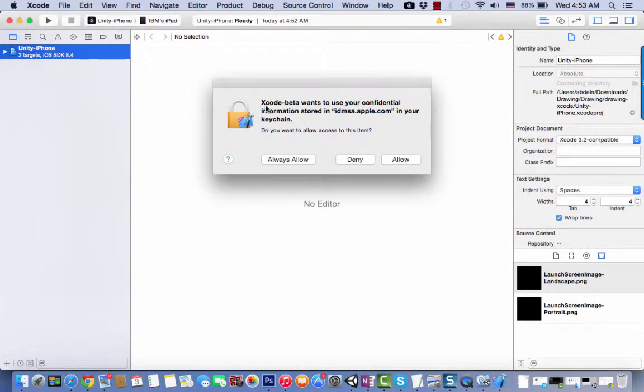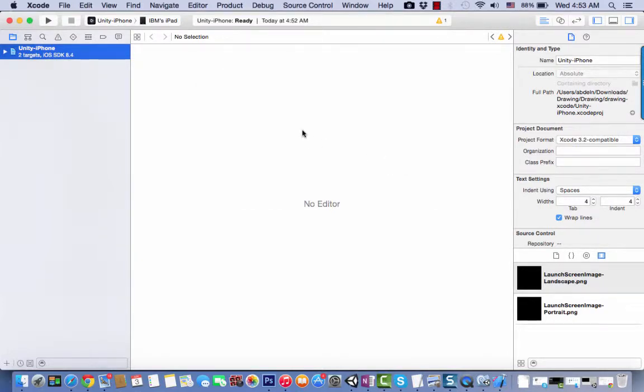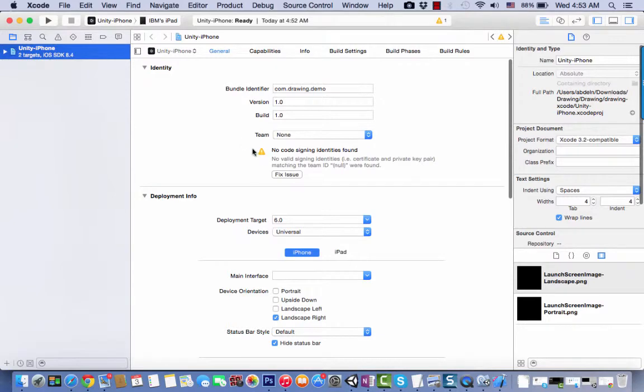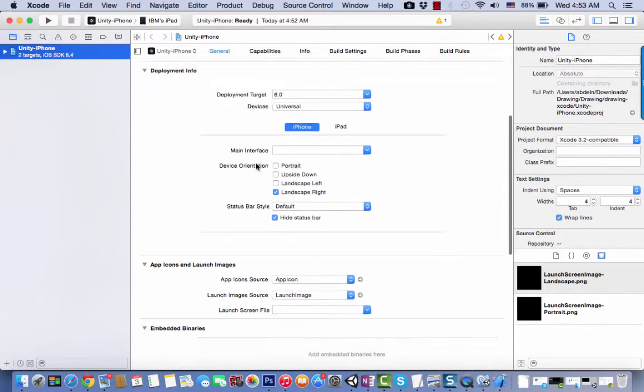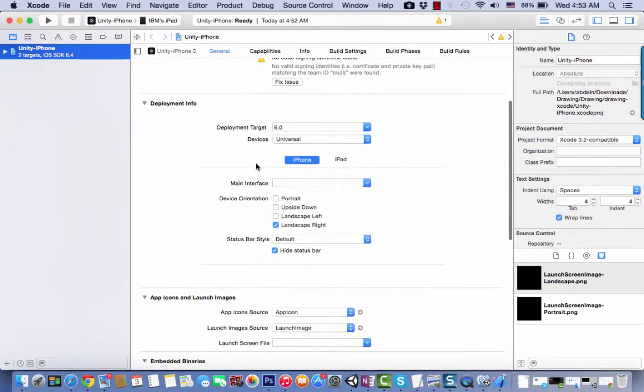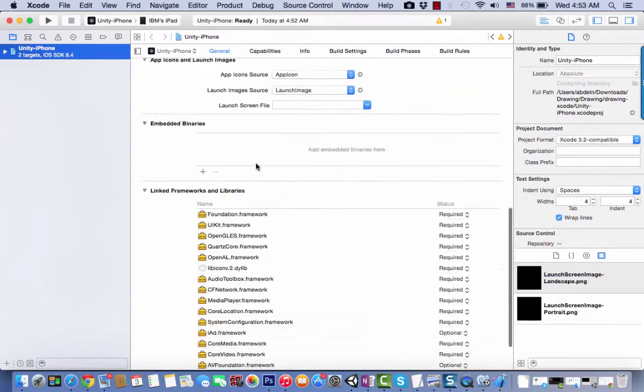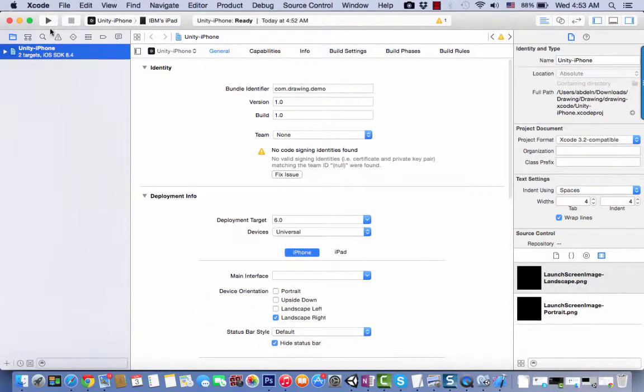And this is gonna ask me to click allow to this kind of keychain. So I'm just gonna click allow, and this is basically the different settings attached to your application. I'm just gonna hit run,